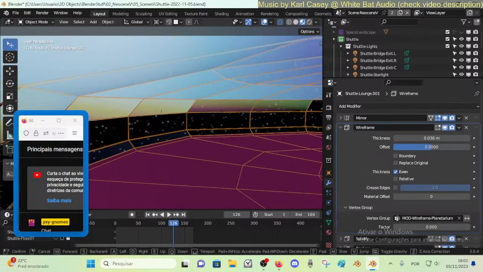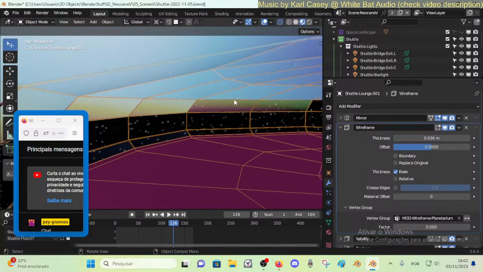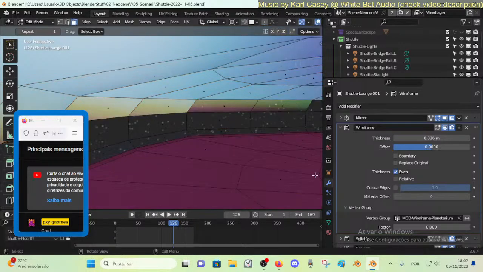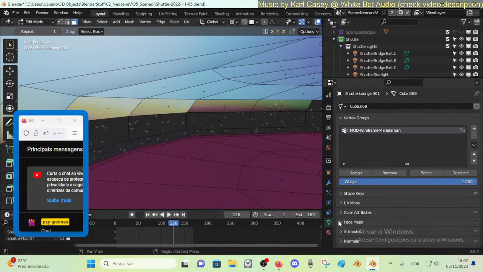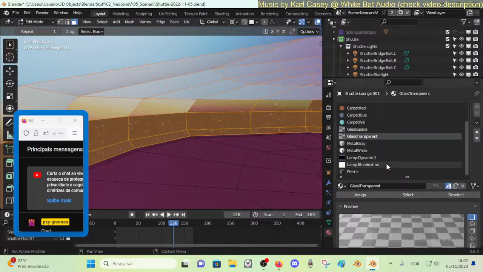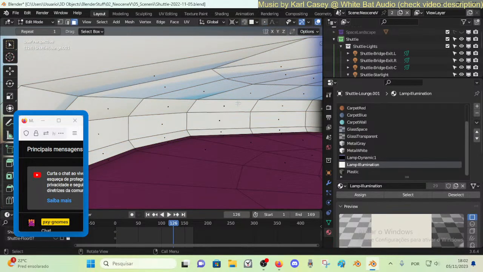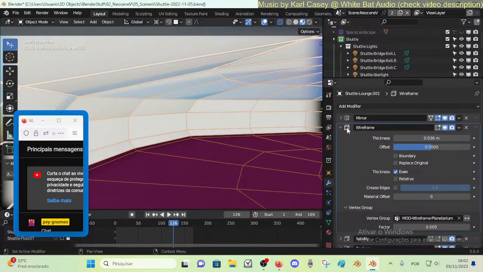Then if I go back to get the one that is selected, I'm gonna change this material to lamp illumination. And so if I go here,